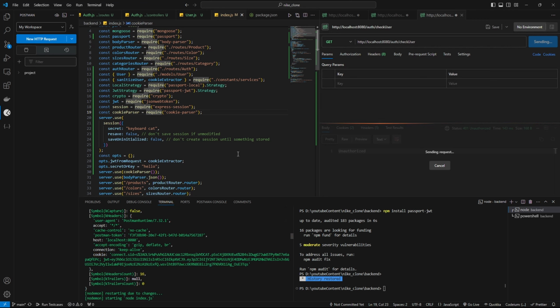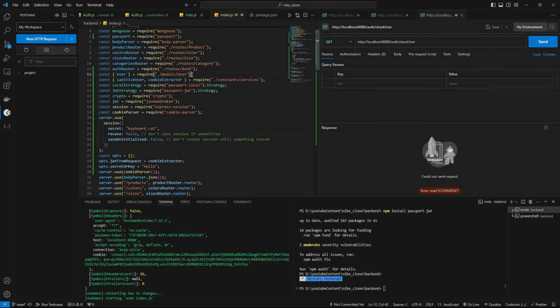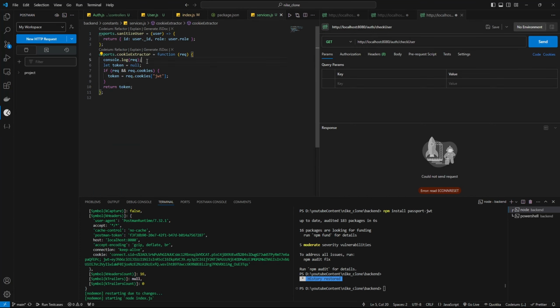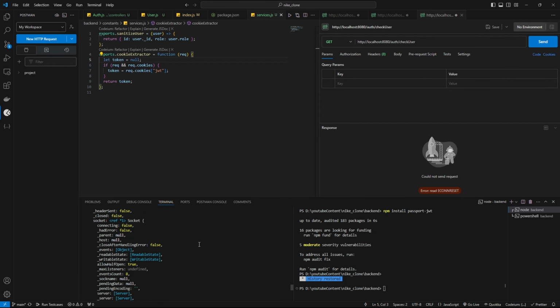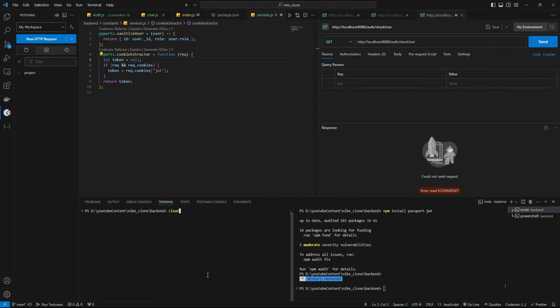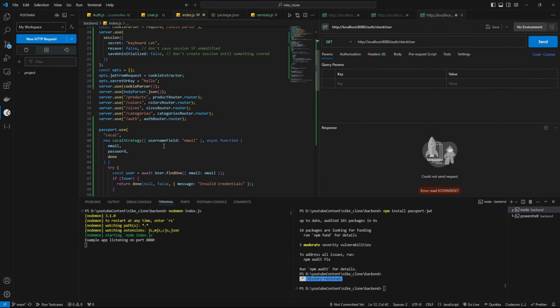So using the cookie parser, we are able to get the cookie. And now let's remove the console log, as it is going to show us quite messy stuff. Let's clear the terminal once, and now let's use check user, and inside the index part,